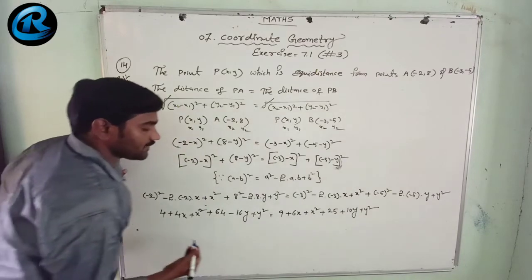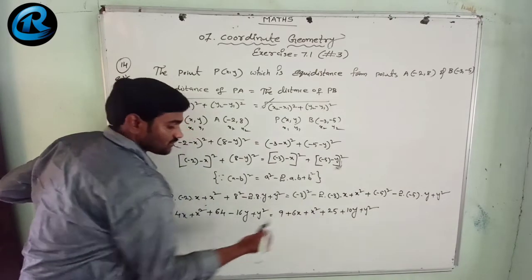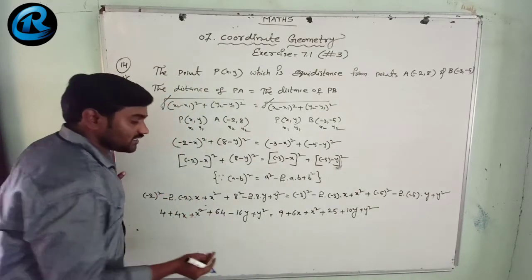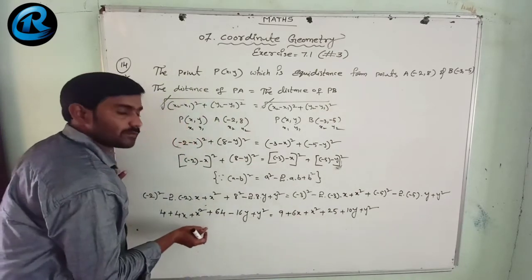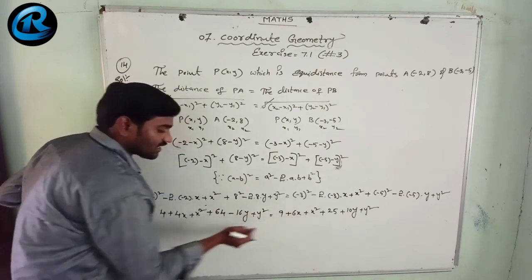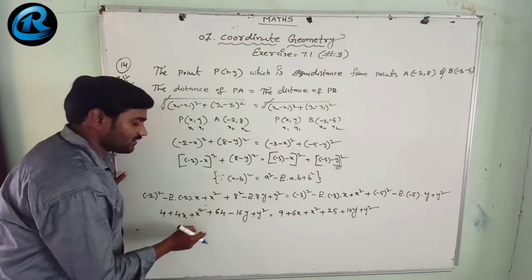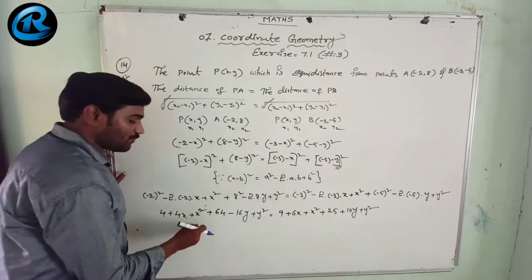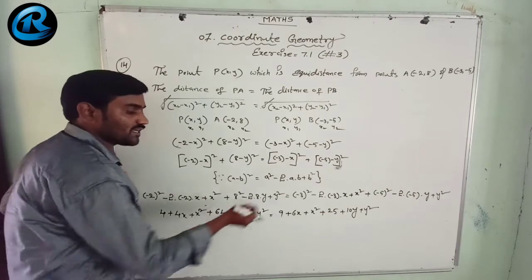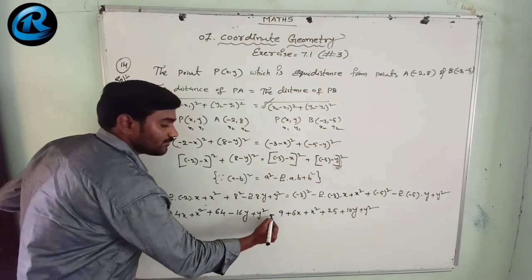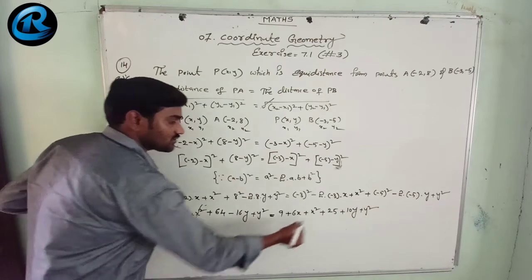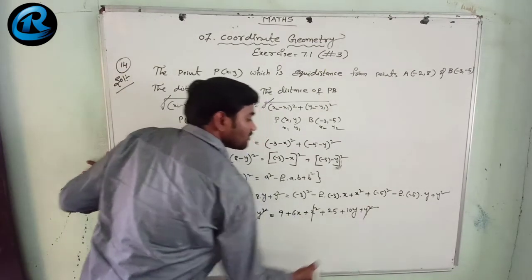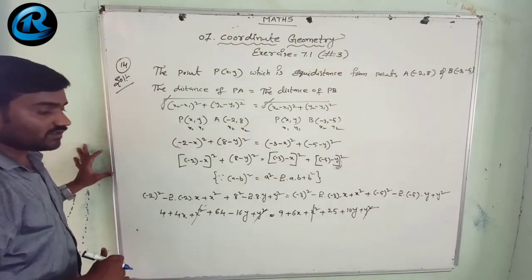Now what we have to do, see, here plus x square, here plus x square, here plus y square, here plus y square. What we used to do actually is bring the plus terms to this side, and they become minus. If plus x square comes this side, it becomes minus x square, and then we cancel them. If both are positive or both are negative on either side of the equation, then we can cancel directly. Plus x square cancels on either side of the equation. Plus y square also cancels on either side of the equation.